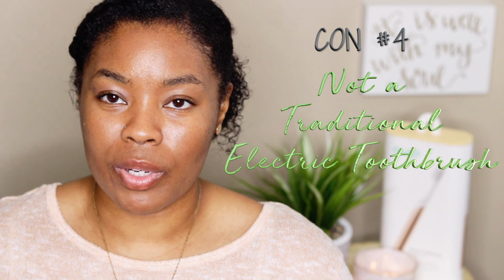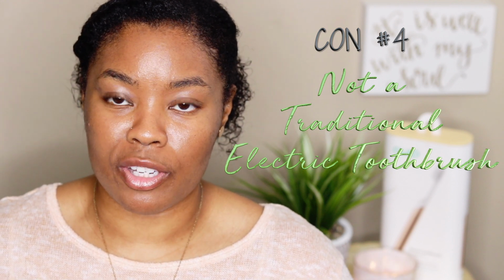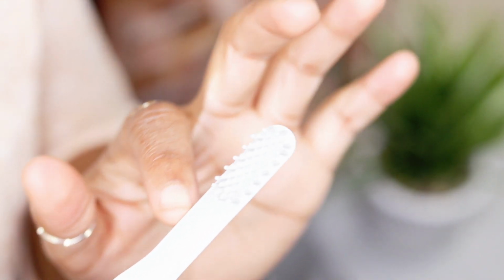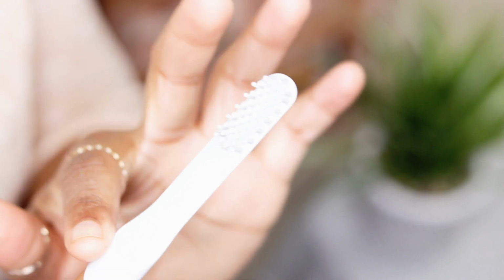So the last con that I have about this toothbrush, and it's really kind of a big deal for me, it's the first thing that I noticed about this toothbrush as soon as I turned it on, and it's basically that the toothbrush isn't really a traditional electric toothbrush. Basically the bristles do not move at all. They're immobile. Now the thing that's vibrating on the toothbrush is actually the toothbrush itself, but the bristles are not